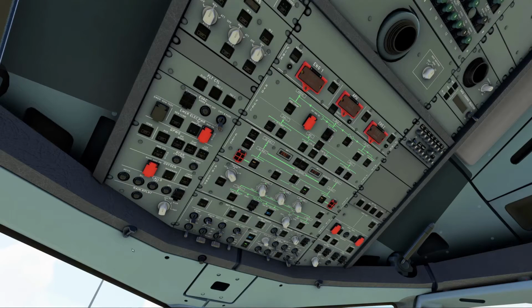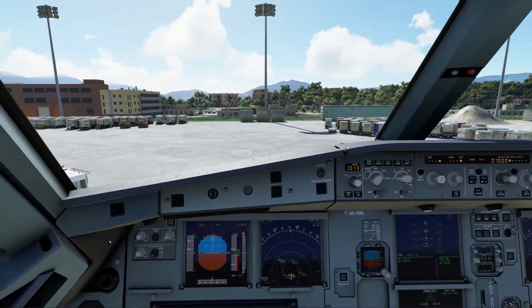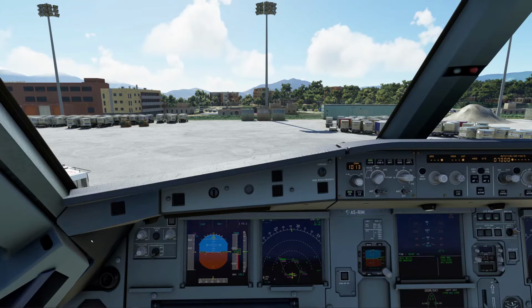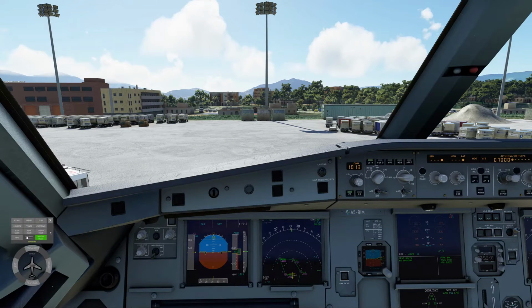Right, so we're going to do engine start with pushback. So let's just get the tug. Right, I'm going to use pushback helper for this. I'll just find it a bit easier. So we're going to connect the tug.